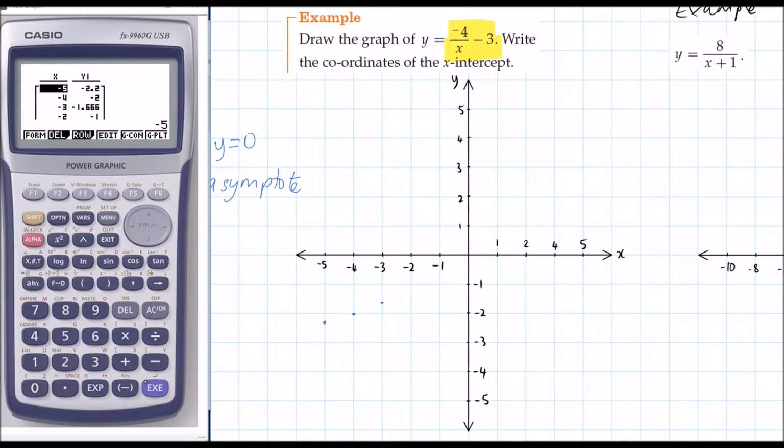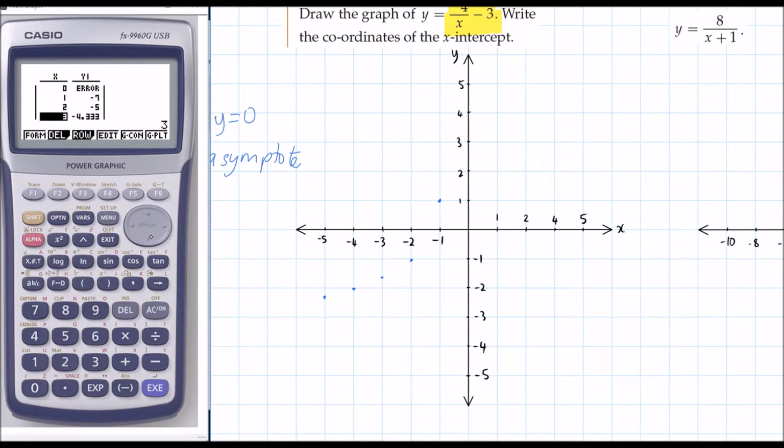1.6, negative 1, keep on going down, then positive 1, and then we have that asymptote there. And on the other side, at 1 we start at negative 7, so way down here, negative 7 will be about there, and